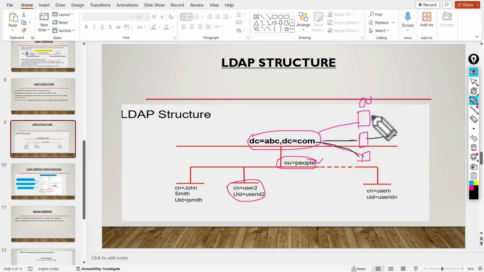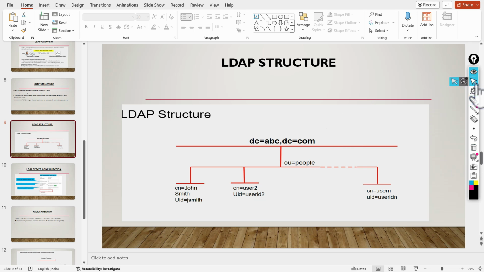You can consider that these OUs will represent some department like sales, HR, IT, and then here we have the CN, the canonical name. So the user will exist on this CN value. This is the structure of LDAP.